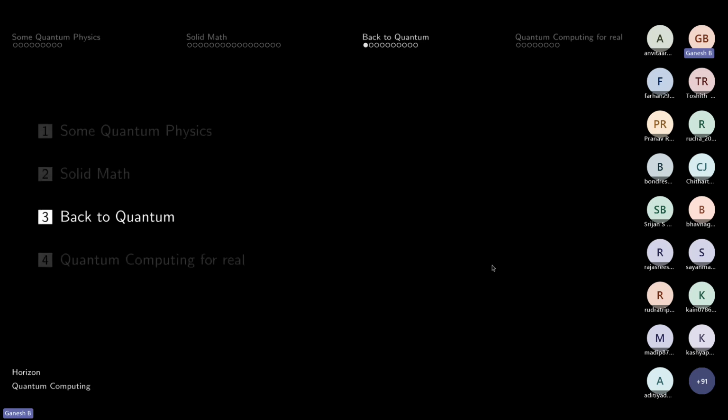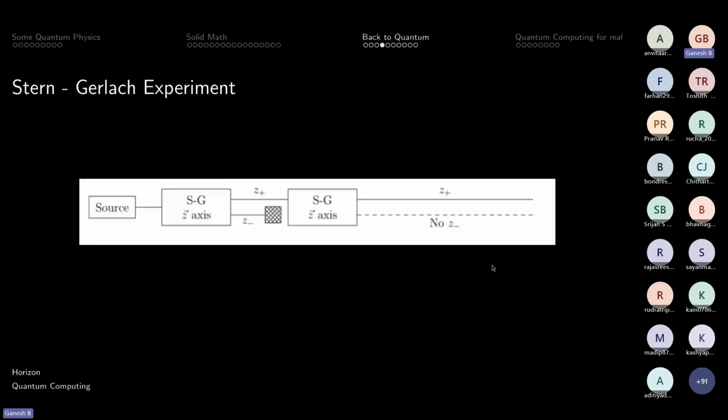Okay, coming back to this. The essence of this experiment is a fun idea that people came up with. I have a source of electrons, some neutral atoms. I'll fire some electrons, and I have this SG filter, which is what we saw in the video.